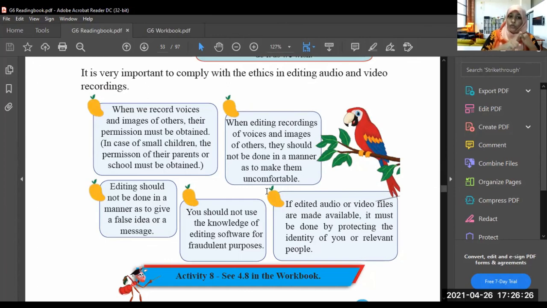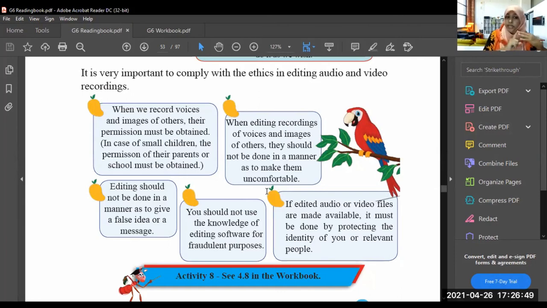First one, when you are recording voices and images, you should take permission from the other parties. If they are small children, you should take permission from their parents or the school. When you are editing recordings of voices and images of others, it shouldn't be done in a manner that makes them uncomfortable.